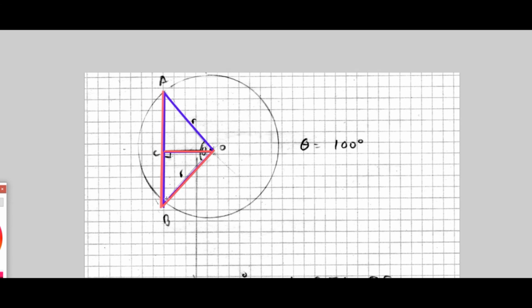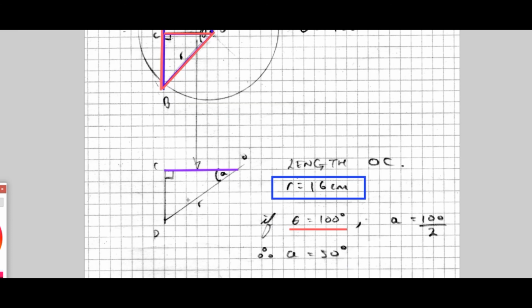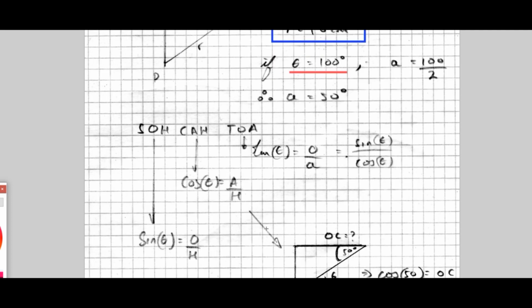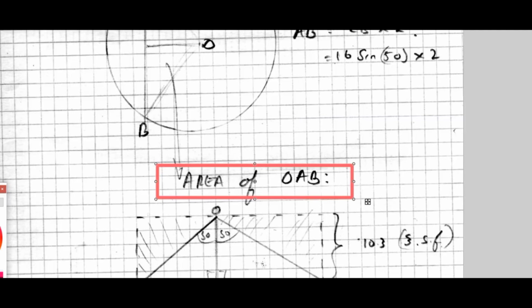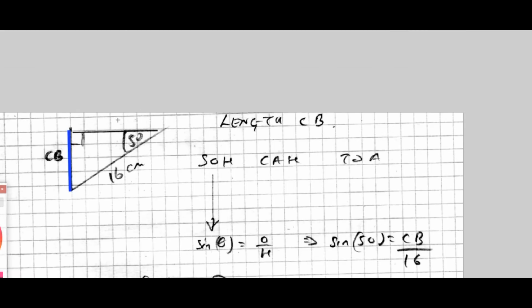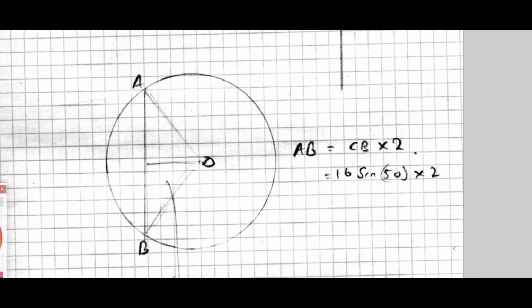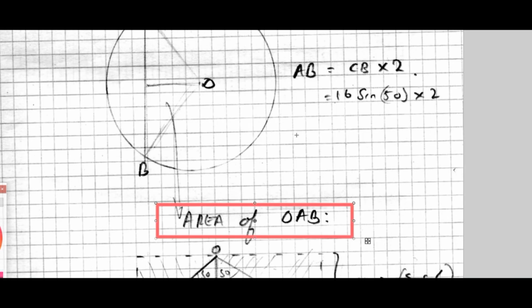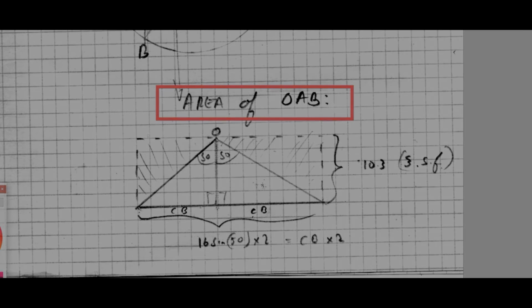We wanted to find out, well, if I draw a line from A to B, what other shapes manifest, and they are triangles. So we did a bit of a recap of such things as being able to find the length OC and CB, and we did trigonometry to do that, like so. And then finally, we were like, okay, right, we seem to have legitimate answers for this length and this length. We can double up and find AB, and then from there, why not get the area of OAB? And so what we could do is we could